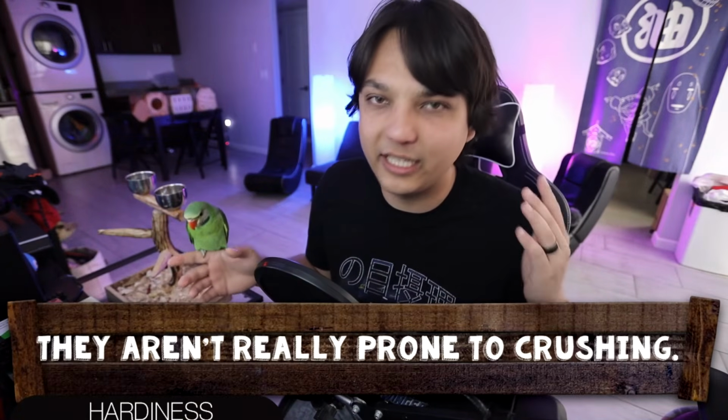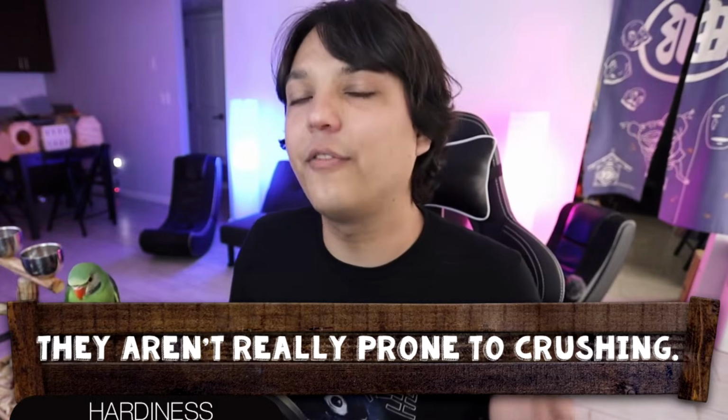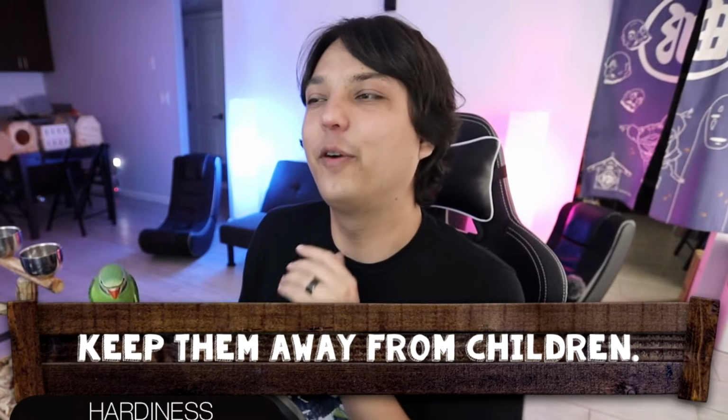Now this is really important to me in my ratings because this means that this bird is not going to be easily crushed, and it can actually handle rough handling no problem. In fact, if anything, I'm more worried about you or the person rough handling the bird than the bird itself. So I would actually keep this bird away from kids,